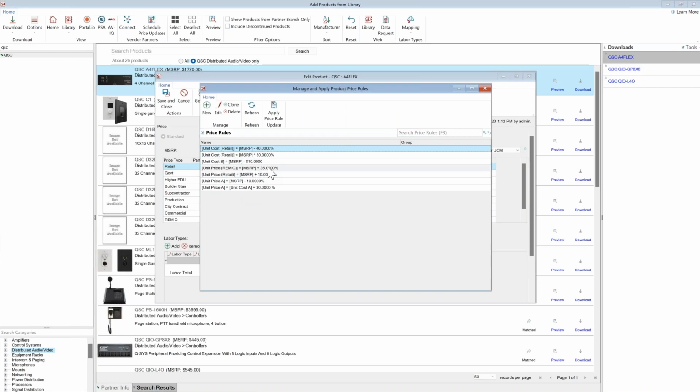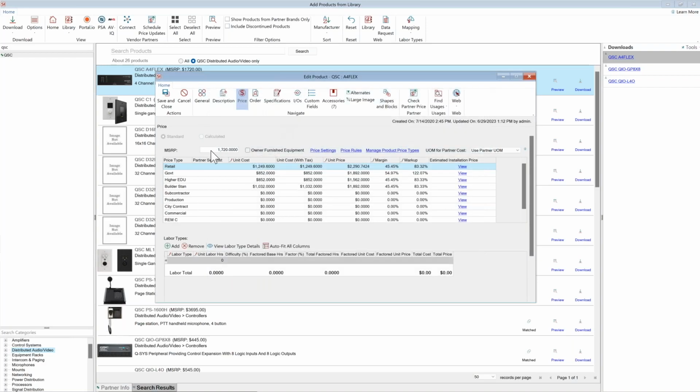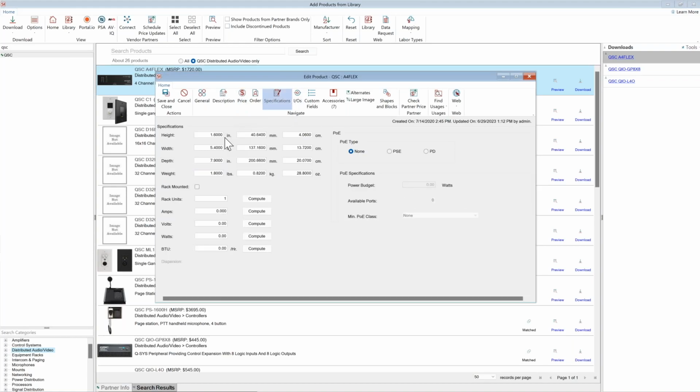The cost is a percentage discount off of MSRP. Your price is a percentage up from MSRP. And in a minute, I'm going to show you once you connect to your brands and distributors, your dealer cost is what's going to show, and you can tack off of that instead of just MSRP. Also, all the height, depth, weight,